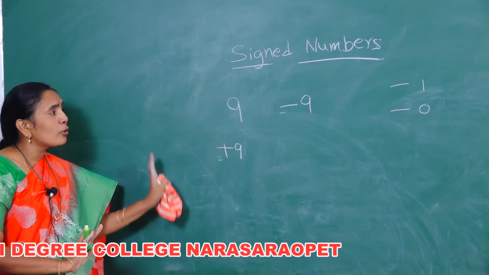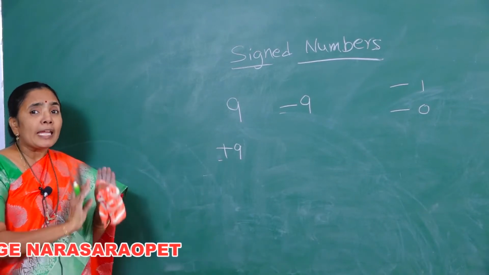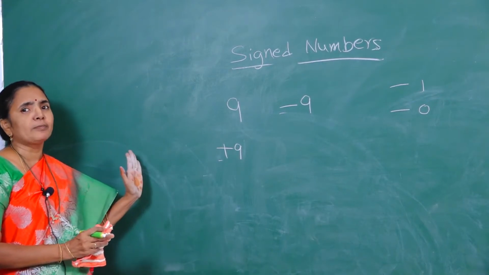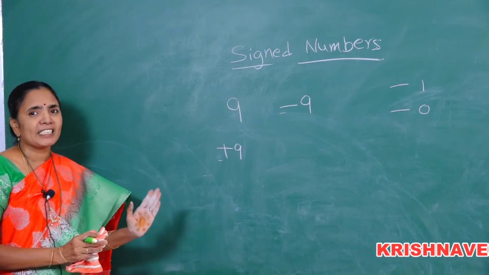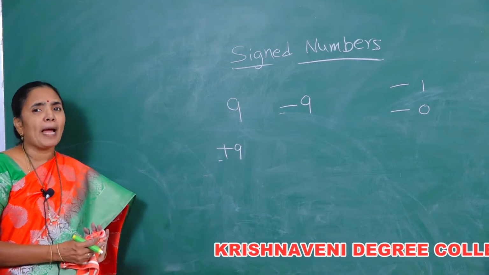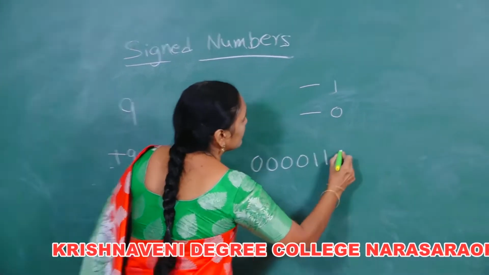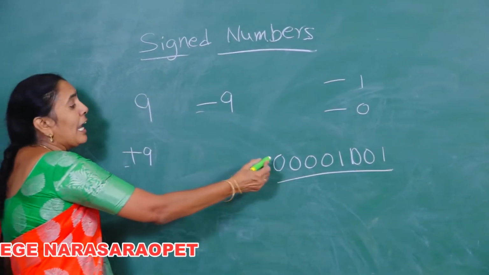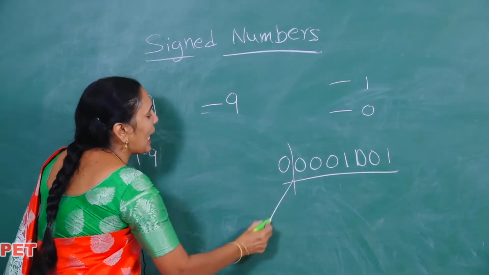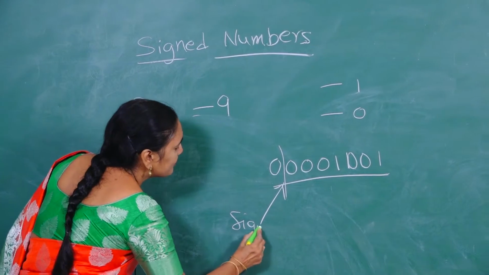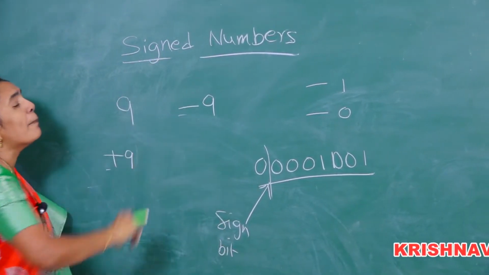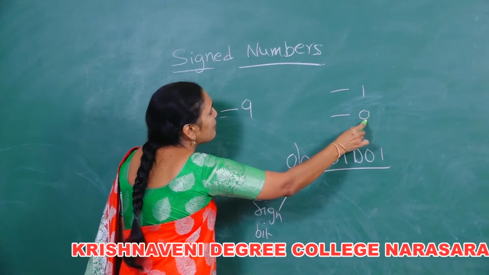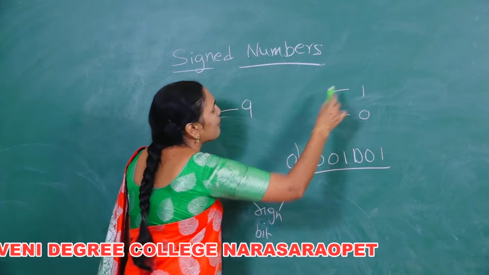That is, we have assumed that the numbers are unsigned numbers. But when we are going to talk about the signed numbers, in the total number of bits, the MSB, that is the leftmost bit, is treated as a sign bit, and the remaining bits indicate the magnitude of the number. If I say an 8-bit number in which the leftmost bit acts as a sign bit in the signed binary number. As I have said, for a positive number the sign bit will be 0, and for negative numbers the sign bit will be 1.